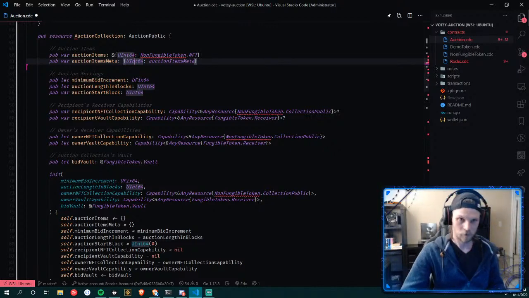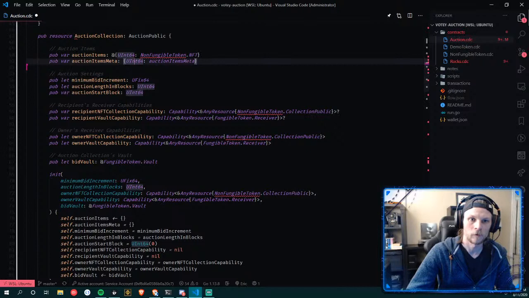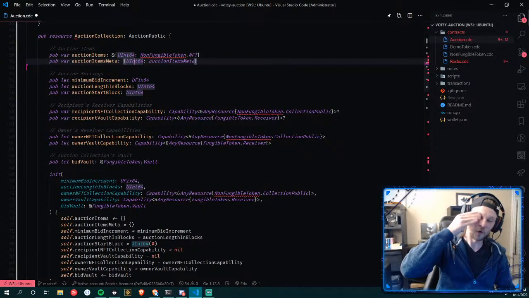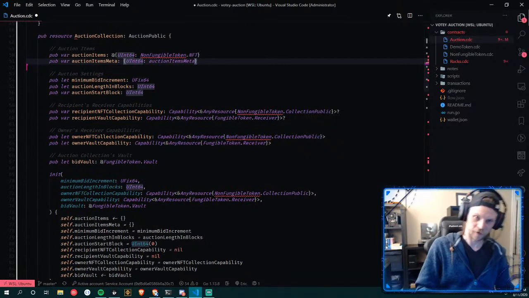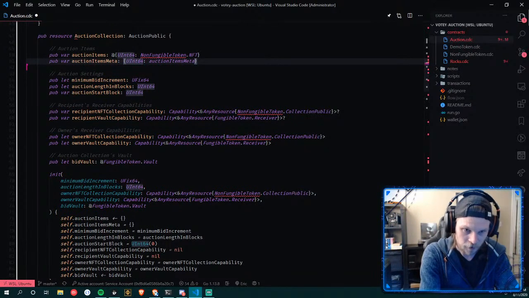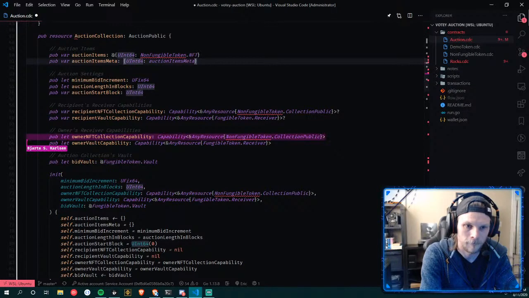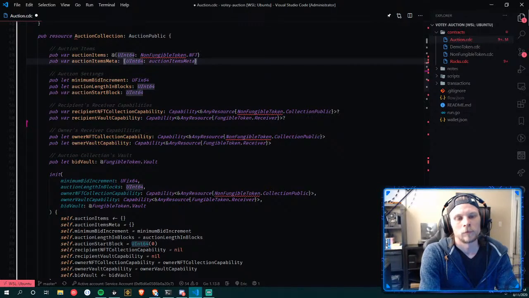But yeah, in my reasoning, we need another resource that is the collection item, if you ask me. Yeah, that makes sense. It would be like a wrapper for the actual NFT, basically. It just gives it that auction functionality. Because it would have a bit vault, the vault for escrowing, right? You can call it the escrow. And you have the owner vault capability and the owner NFT collection capability and the recipient, all of that you want. But maybe the collection item can have the owner capability. I'm not sure about that. Or will that? Why should it?